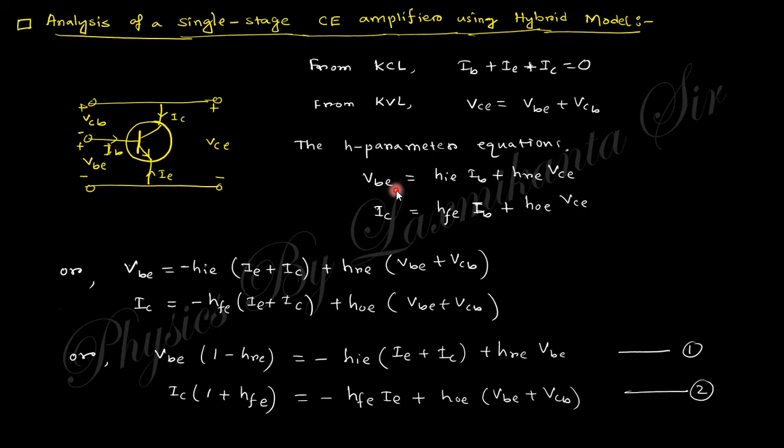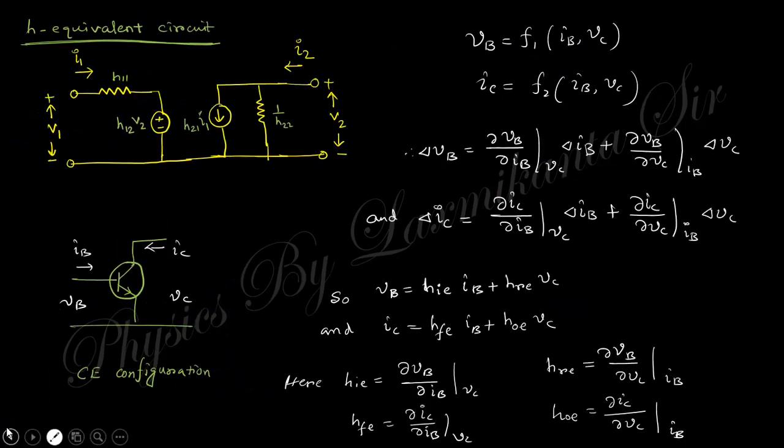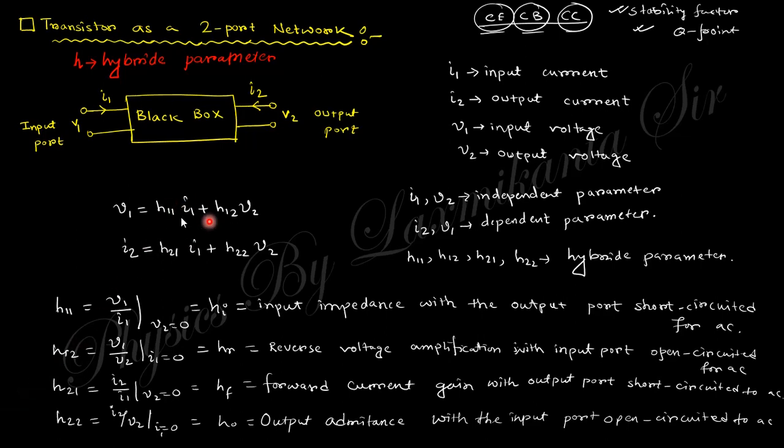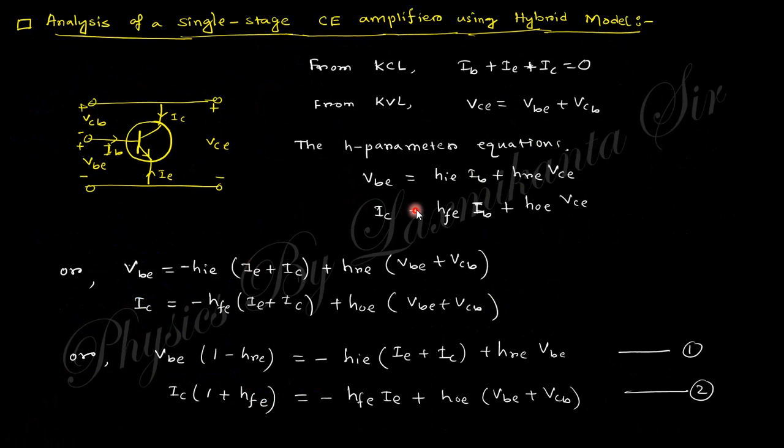VBE is nothing but HIE IB plus HRE VC. This is the input voltage. So this is HIE plus HRE plus HFE, into this thing. So this can be written here from this relation, a basic relation. From this basic relation we can write down these two relations. Okay,